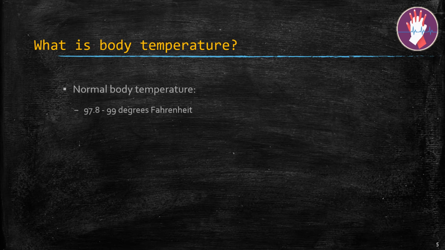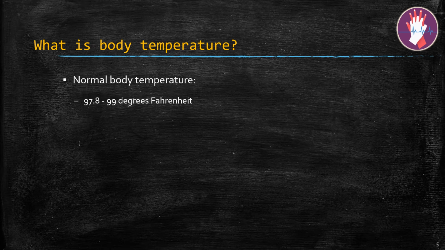So what's body temperature? As we mentioned, it is a sign that there is cellular metabolism, or glucose being burned in the cells of the body that creates the temperature. So the normal body temperature, we are now using Fahrenheit because of all the thermometers having Fahrenheit as the main measurement. So 97.8 to 99 degrees Fahrenheit is a normal body temperature, and anything above 99 degrees Fahrenheit is considered